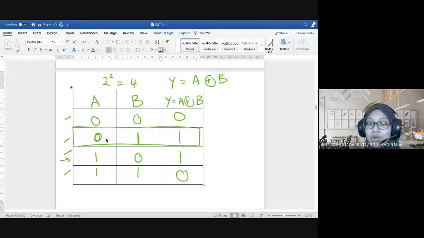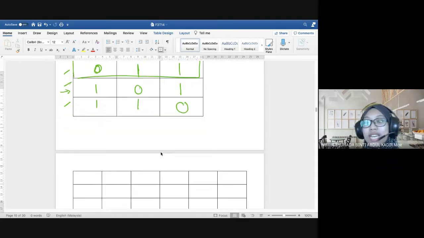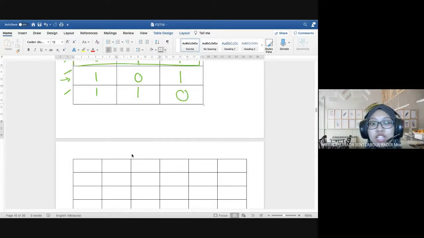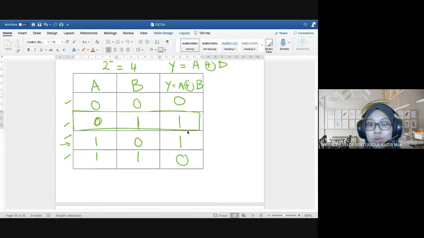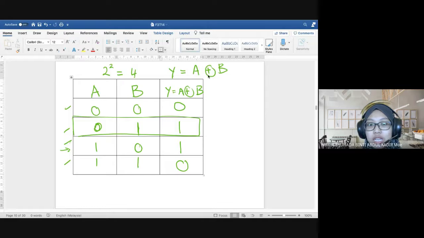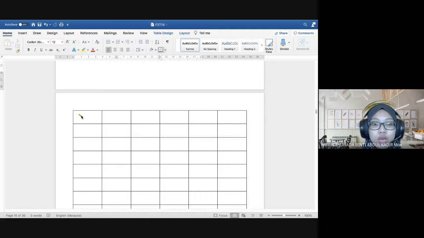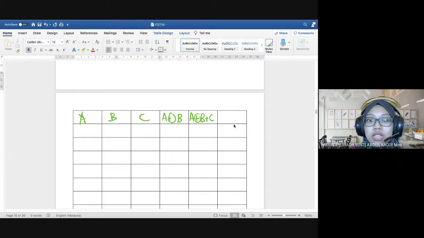Kenapa Miss tak cakap kalau dia lain dia true, kalau dia sama dia false? Dia bukan macam tu. Because when it comes to the 3 inputs situation, okay, kalau kita ada y, ni kan, ni apa namanya ni? Y pula sini, A sini, B sini, C. And then you ada A exclusive or B, A exclusive or B exclusive or C. Kalau you ada macam ni,